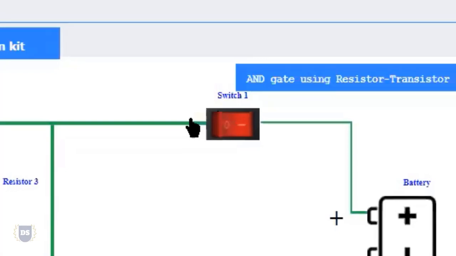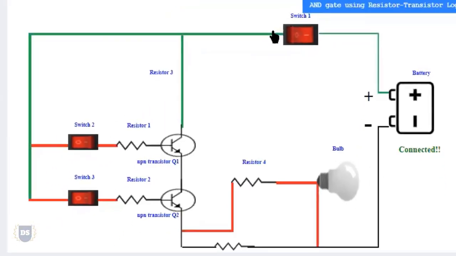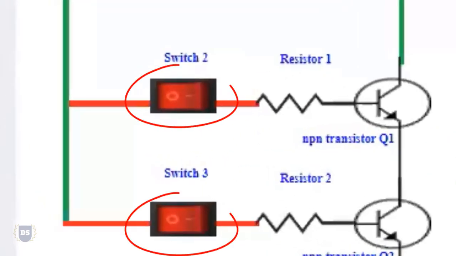You're supposed to identify all of that. So the green colored line represents that I'm having current flowing via this path. And because we all know that if there are branches, the current gets distributed. And right now, if I observe switch 2 as well as switch 3, they are in open condition.